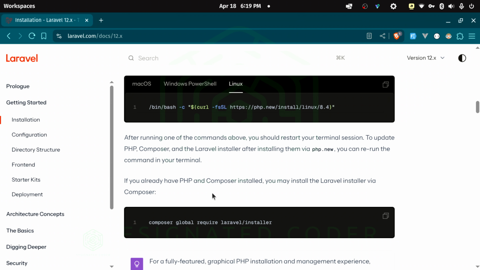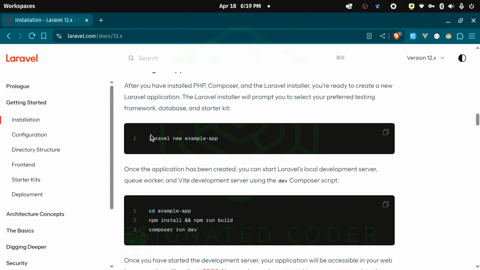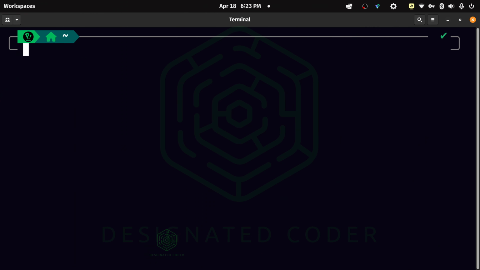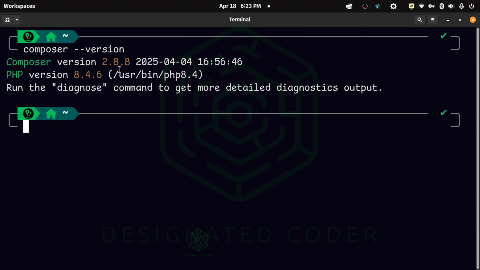Because I haven't changed anything yet on this computer to update, I thought it would be a good opportunity to show you how to set up your system so that you can start using the Laravel new command and creating your projects with the new starter kits. So on my system, let's take a look at what I have so far, which is the Composer version. I am using 2.8, and PHP version 8.4.6,